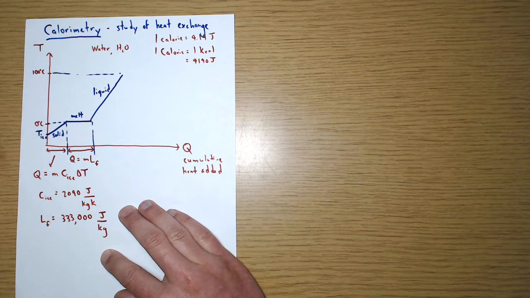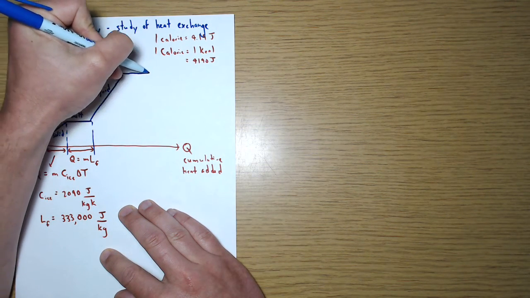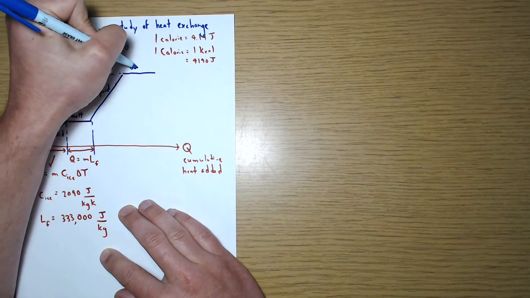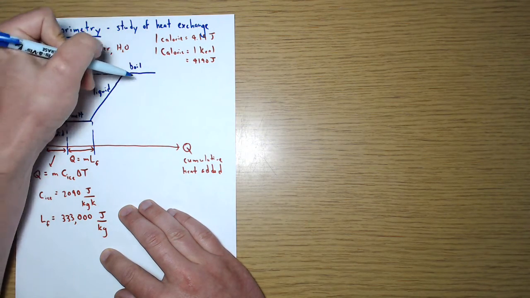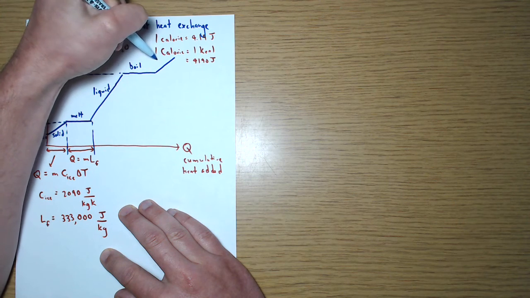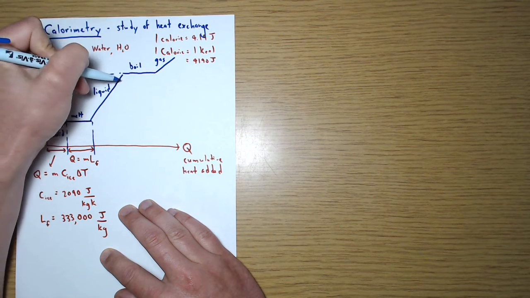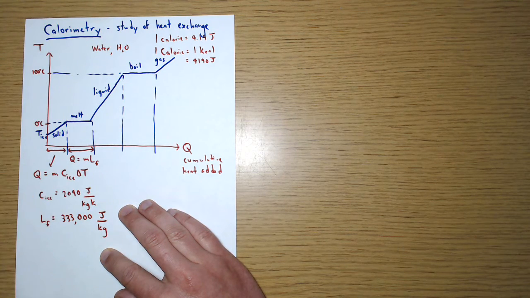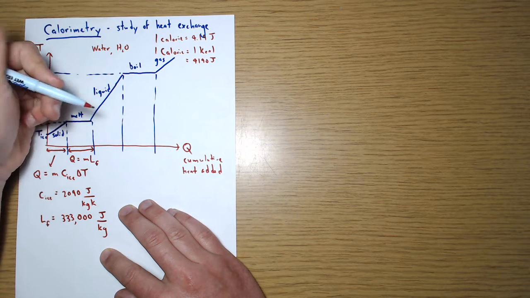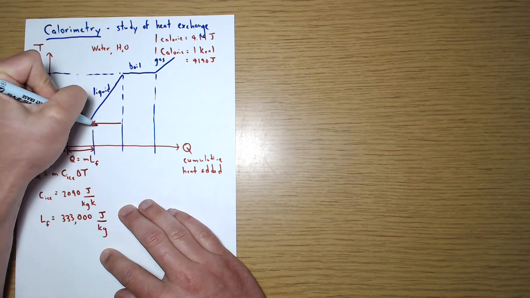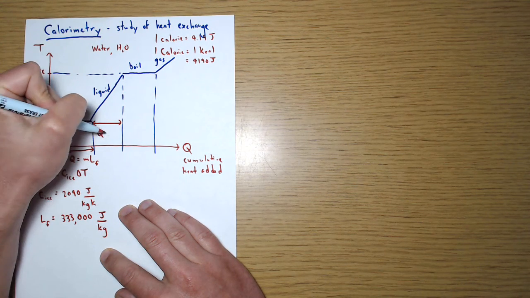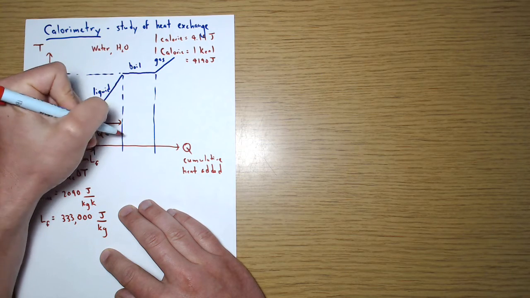And once it reaches 100 degrees Celsius, this is when it begins to boil. And it boils at 100 degrees Celsius until it's all boiled away and it becomes a gas. And at this point, afterwards, we have a gas. All right, so let's look at some of these quantities here now that remain. So what's the amount of heat taken to warm up the water? Well, this Q just equals